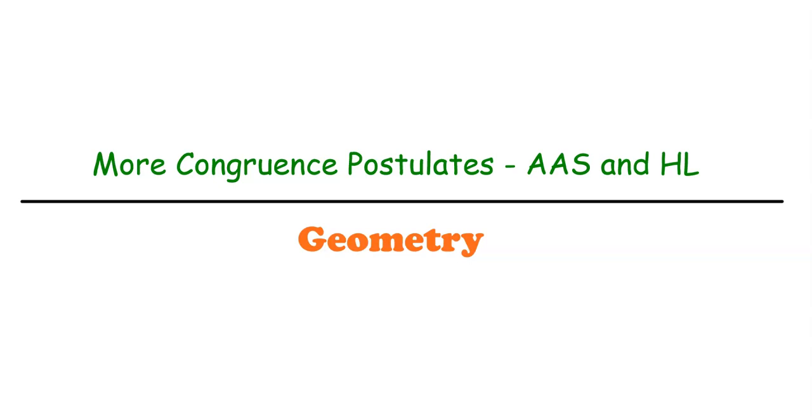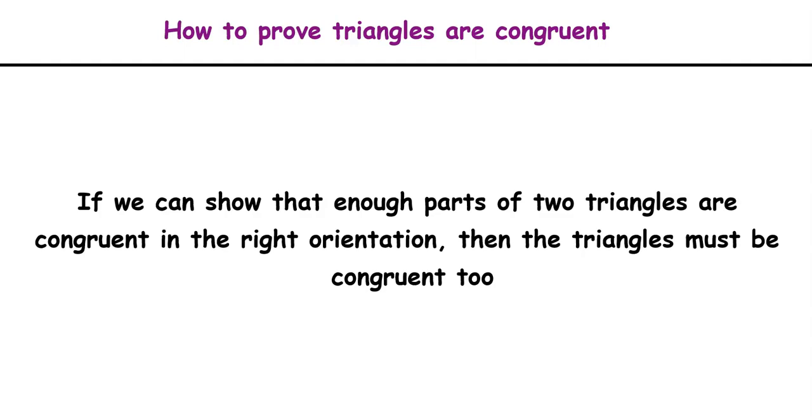So in addition to the congruence postulates we've seen for triangles before, namely side-side-side, side-angle-side, and angle-side-angle, there are two more that we can talk about that will allow us to show that two triangles are congruent. And those are AAS and HL. Both of these come from the idea that all we need to do to prove that two triangles are congruent is show that enough of their parts are congruent